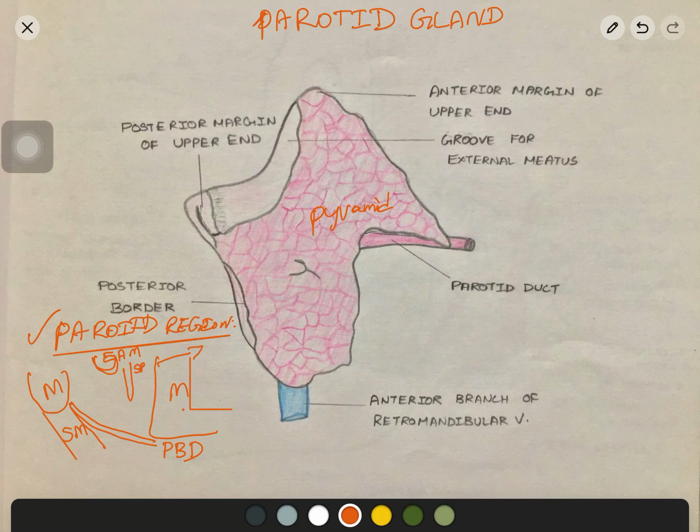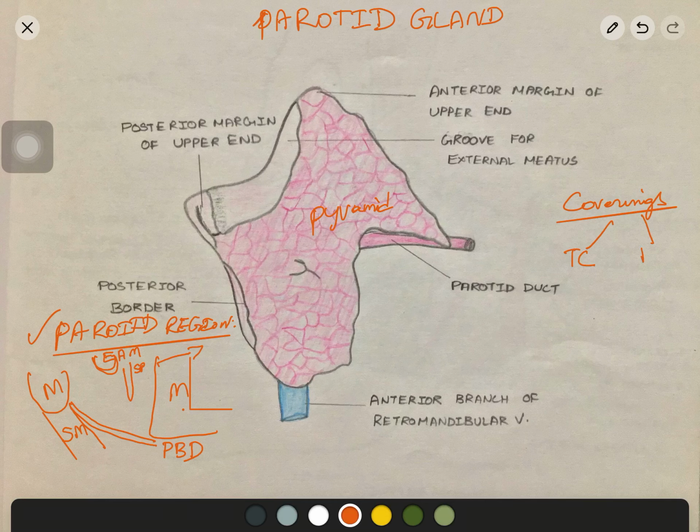As this gland is over the parotid mold, some parts of the gland extend beyond the mold and form various processes of the gland. So that is the reason for the various processes of the gland. Now we will start with the coverings of the parotid gland. So coverings, it will have the inner true capsule and outer false capsule.